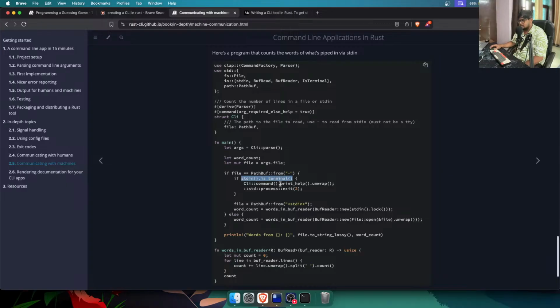Standard input dot is terminal. Print help and